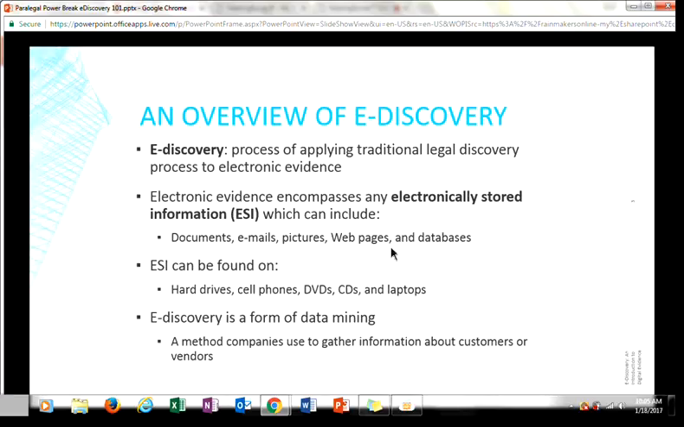Electronic evidence includes any electronically stored information, which in short is often referred to as ESI. So this can include documents, emails, pictures, web pages, and databases. Now that seems not a lot. You know, think of old emails, old pictures, web pages, but think of all the places, maybe an example of a case,